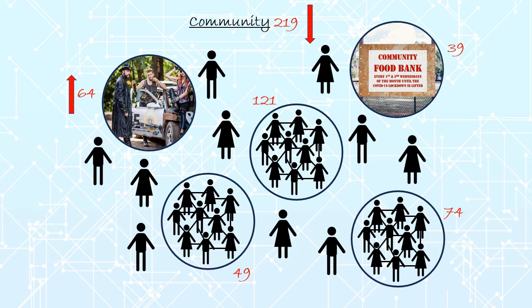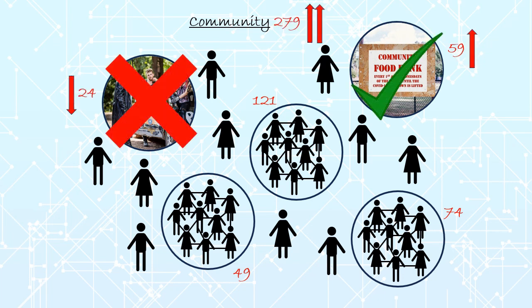Individuals and groups outside the two groups benefit from high social capital in one and not the other. To maintain high social capital in the community as a whole, intervention is necessary to increase social capital in the charity and reduce it in the gang, resulting in a large increase in social capital in the community as a whole.